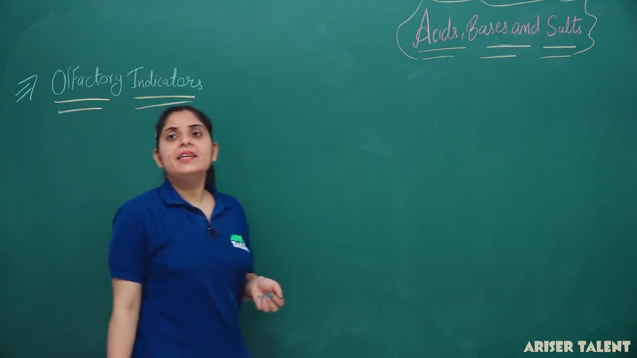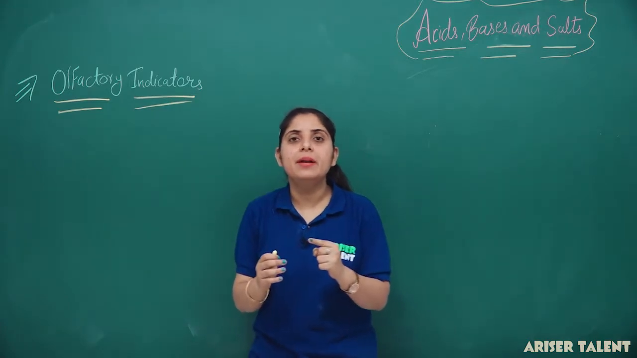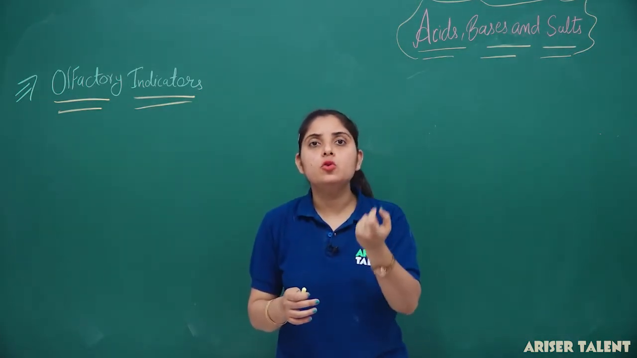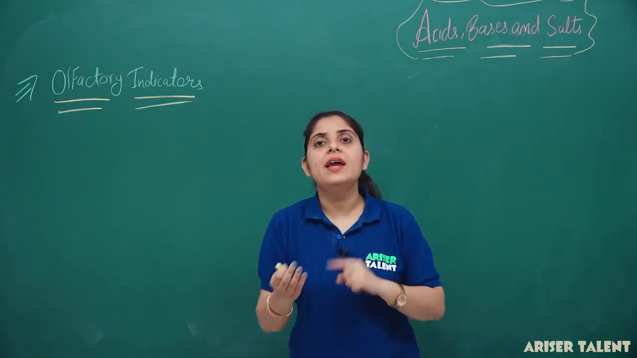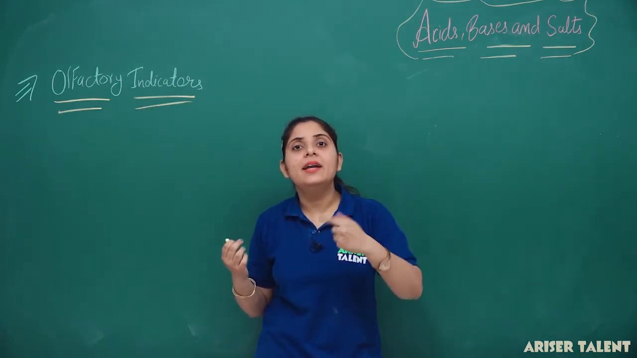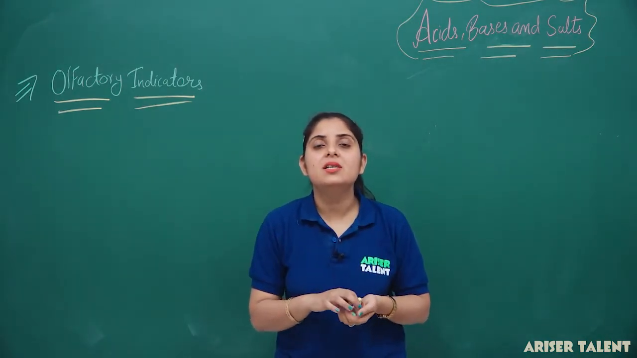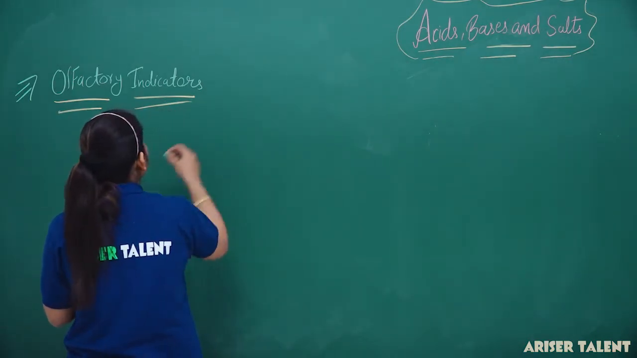So the indicators have a tendency to show different colors in the acidic and basic medium. Some indicators also have the tendency to change the odor in the acidic as well as the basic medium. So the indicators which can identify the odor change in a substance are known as olfactory indicators. So the definition for this will be